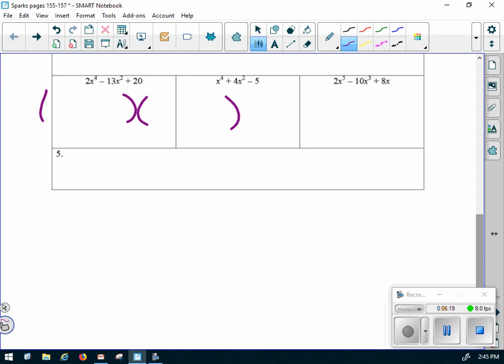Now, people say, oh, what do I do with an x to the 4th? How am I going to factor an x to the 4th? So what's it going to be? Yeah, it's going to be x squared and x squared, because your middle term, notice right there, is an x squared. So how do I factor 2x to the 4th? 2x squared and x squared. Now,